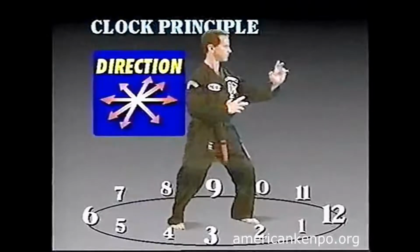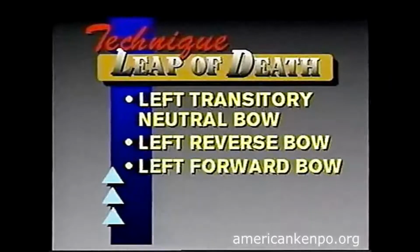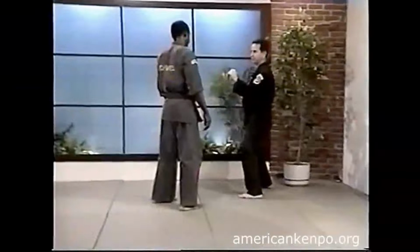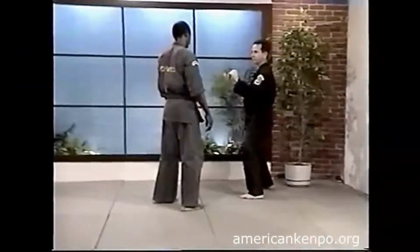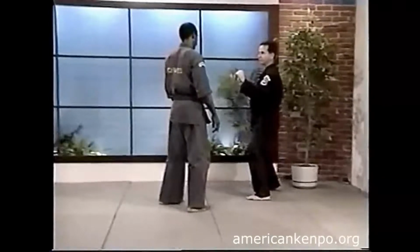Please note the employment of the left transitory neutral bow, left reverse bow, left forward bow, left close kneel, and right close kneel stances. Leap of Death is for a front right step-through straight punch. The technique requires that you step back with your right foot towards 6 o'clock into a left transitional neutral bow